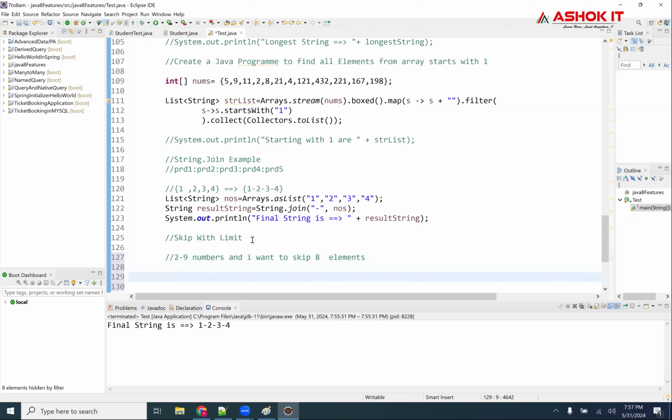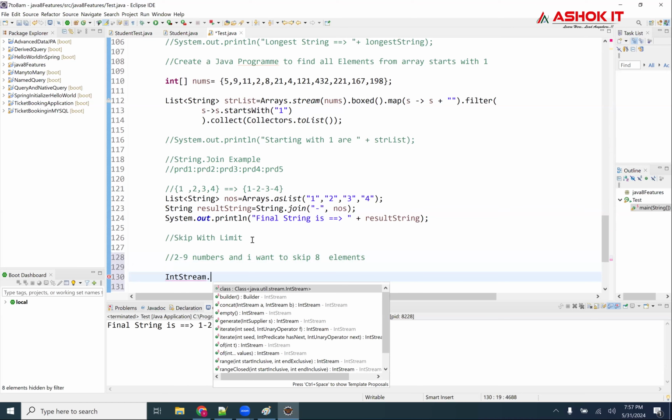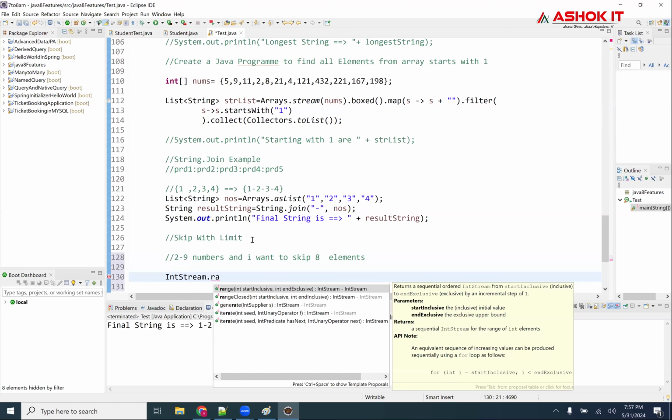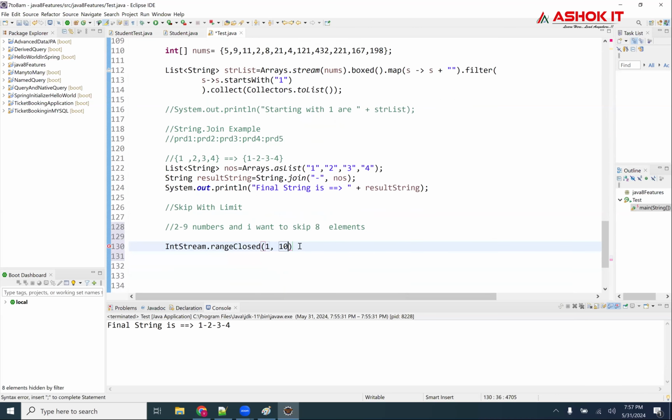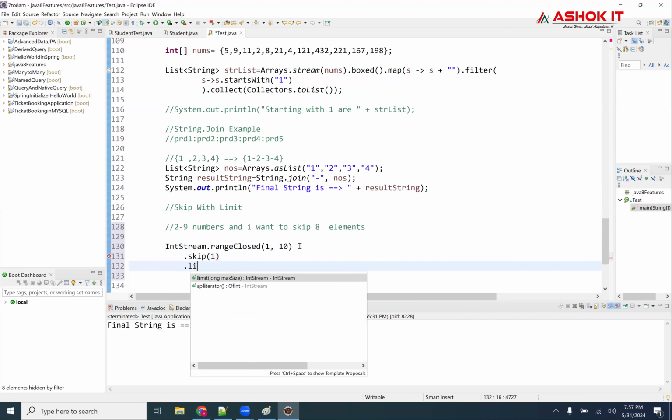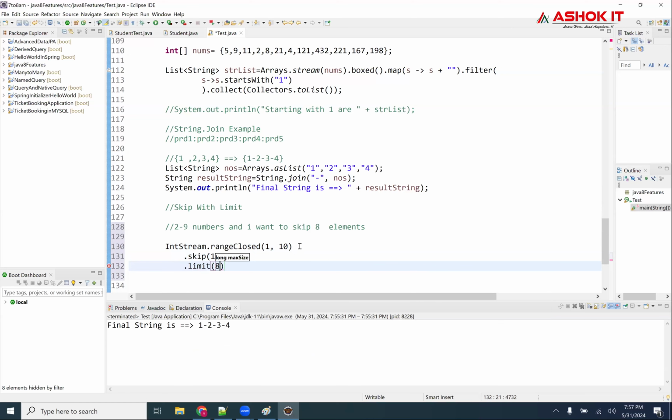So for example, IntStream dot rangeClosed, starting 1 to 10. It will print 1 to 10. But in that, I don't want all of them. I don't want the first element, but I want only 8 elements.